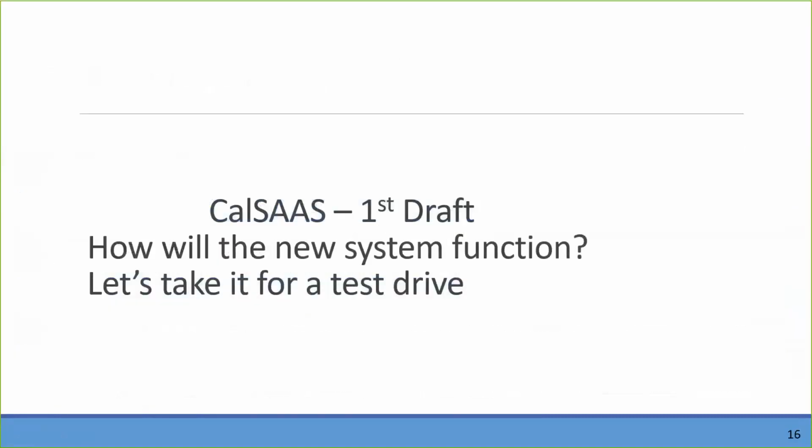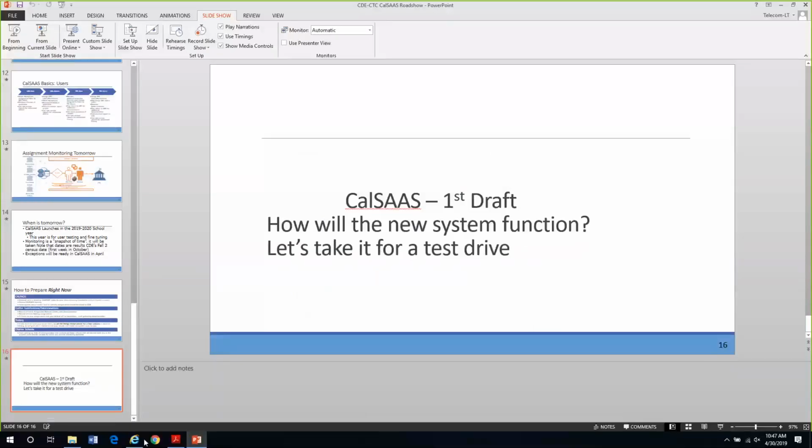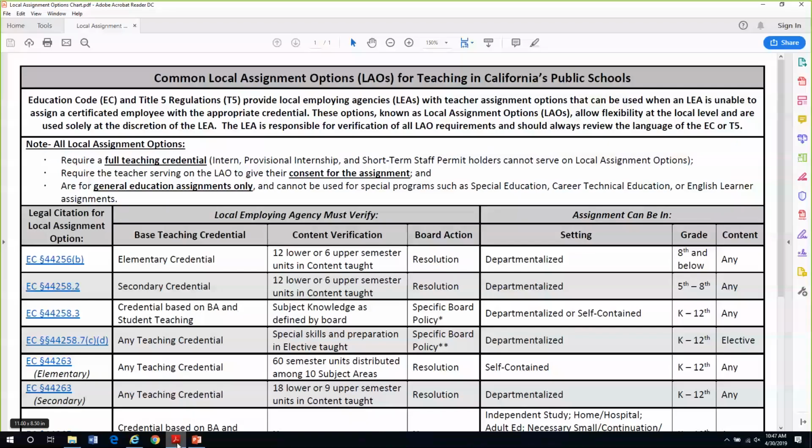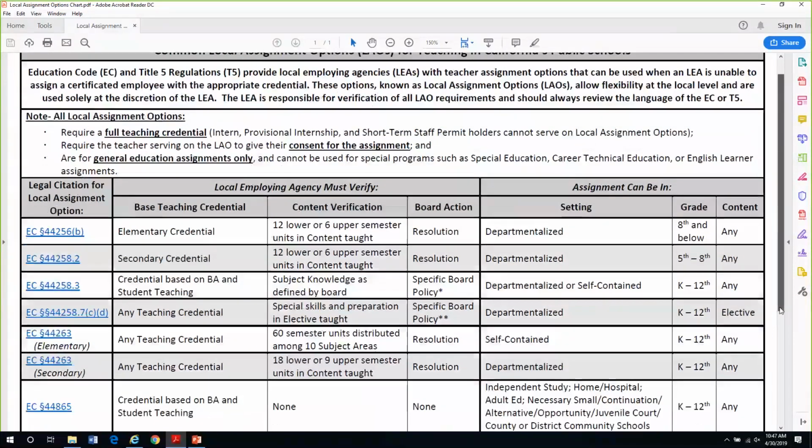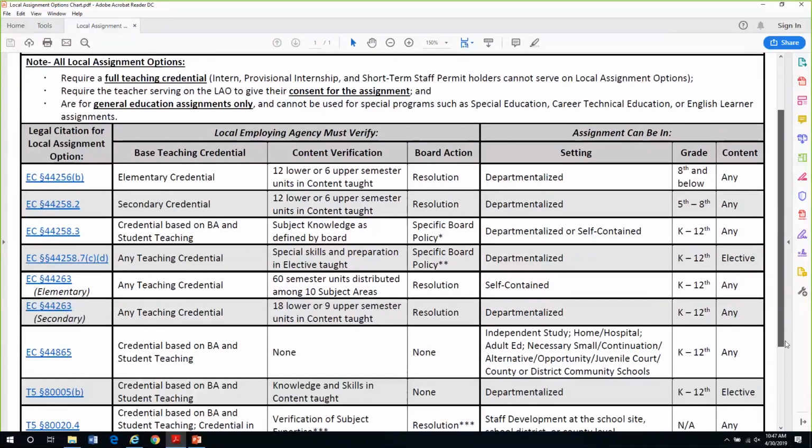Okay, so what's the new system going to look like? Before we get to that, I want to show you, in the Padlet, I have a lot of different resources I had put in there for you. So take a look through and look at some of the resources that we've included. But one of the ones I want to point out to you is a cheat sheet that I put in on local assignment options. And so in the CalSAAS system,